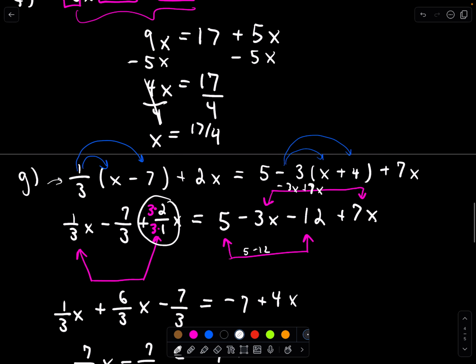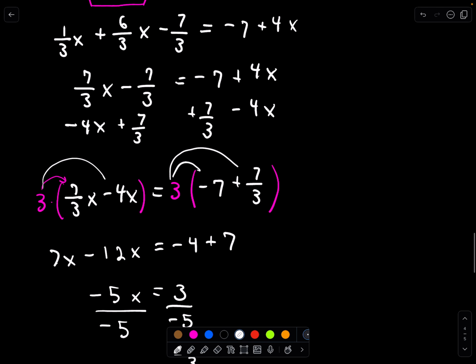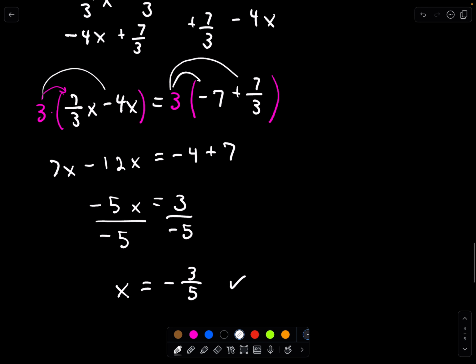So, all right, I hope this helps. This makes some sense. You will absolutely use this property, this multiplication property, all